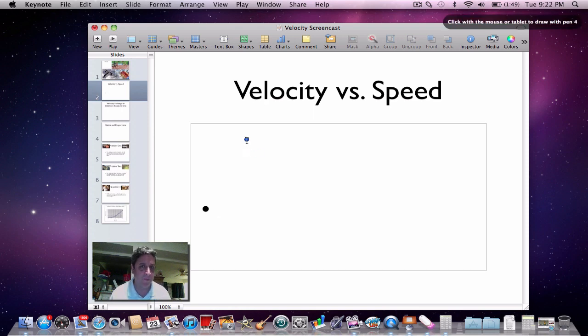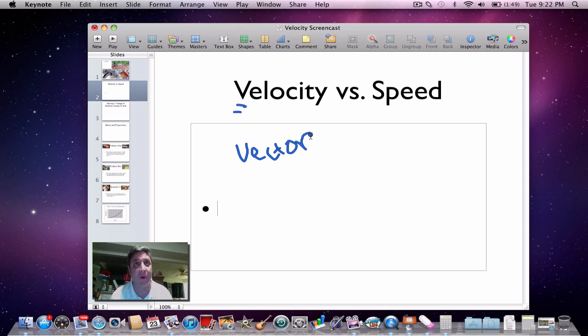And if I look up here, under velocity, velocity starts with the letter V. And the way I remember what velocity is that V is it's a vector. And vectors have a quantity like 20 miles per hour or 30 meters per second if we use the metric units, which we should. We don't always do that in the United States. But not only does it have that quantity, but it has a direction like east or north. Whereas speed, the key word here, it starts with an S, it is a scalar quantity. That means it just has the quantity. It's just 20 miles per hour, 30 meters per second, something like that, but no direction.